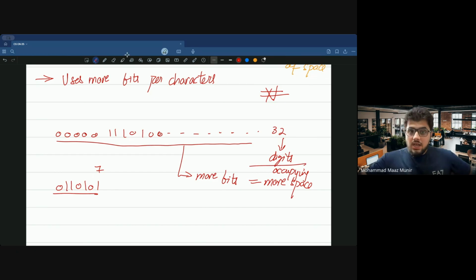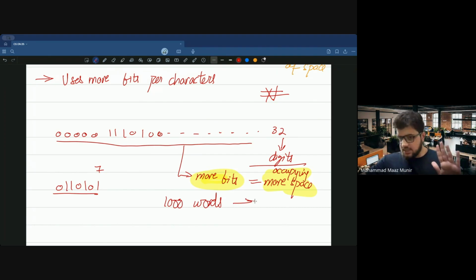So this is really important because Unicode does allow us to store multiple languages and characters, but there is a catch. We are dealing with more bits, which gives us a greater range. This means we are occupying a much larger space on our hard disk. So if, for instance, I could have written 1000 words using ASCII, this is just an example,